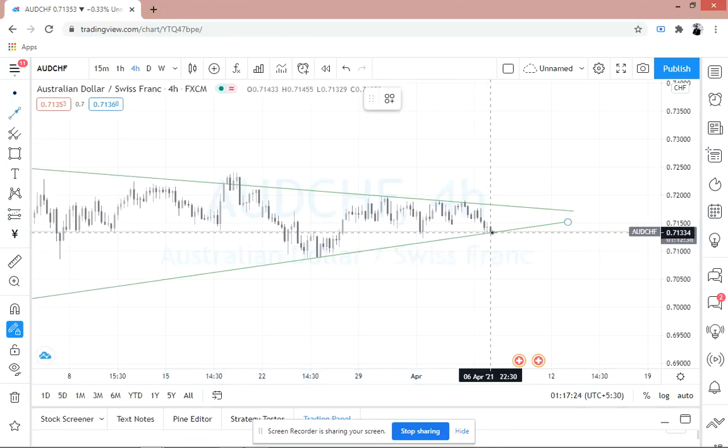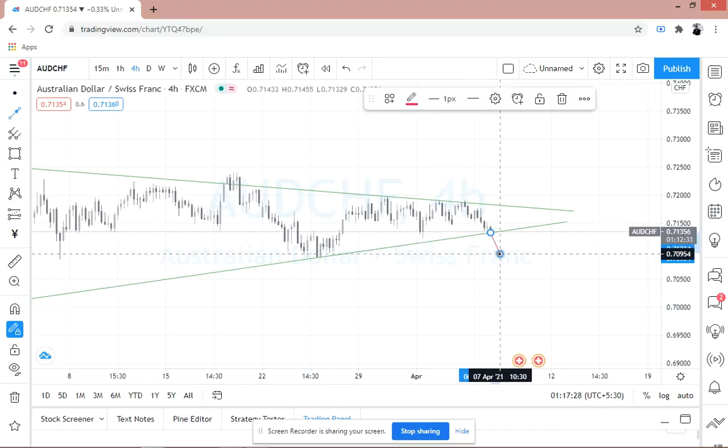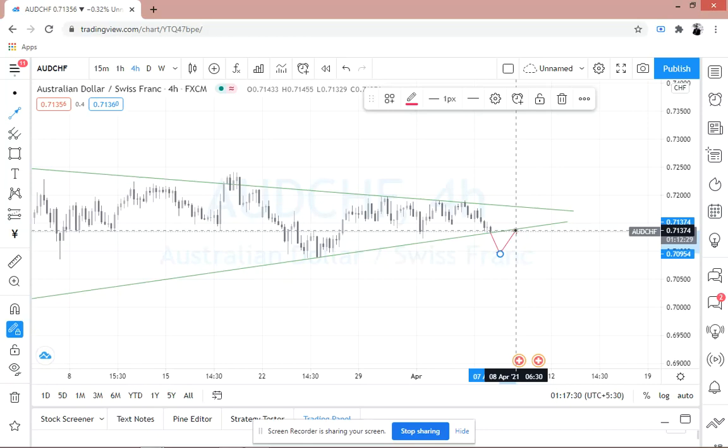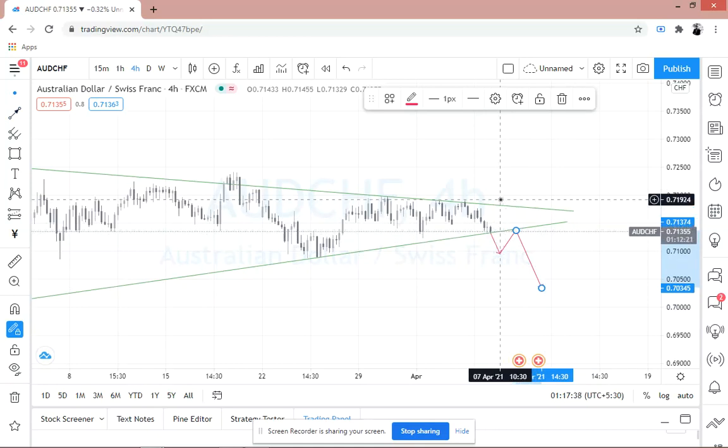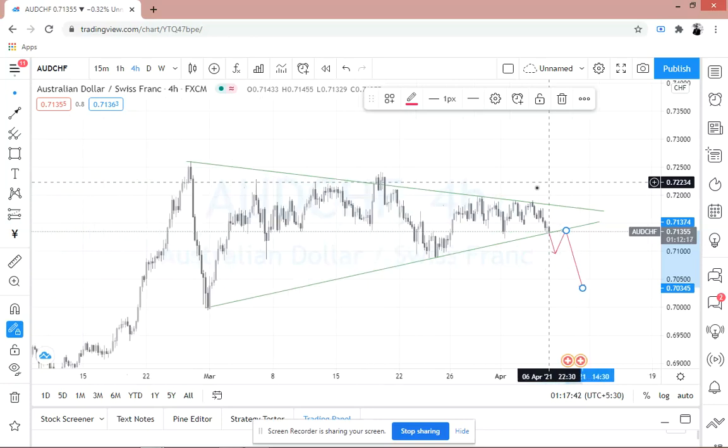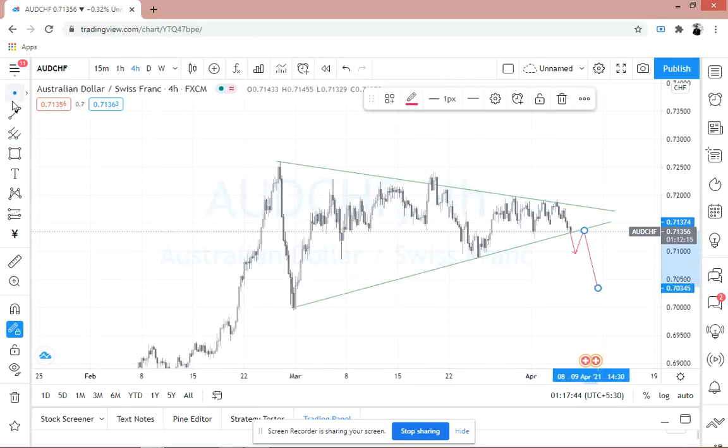After the breakout, a little correction, then continuation to the downside. So if the market did not break the level here, it might go up again and make the same movement. But what I'm expecting here is